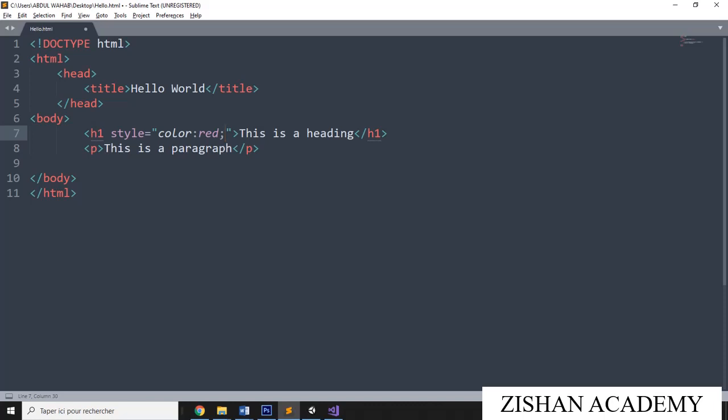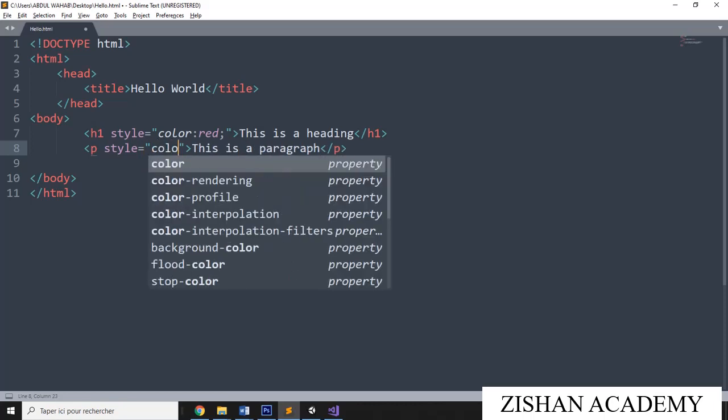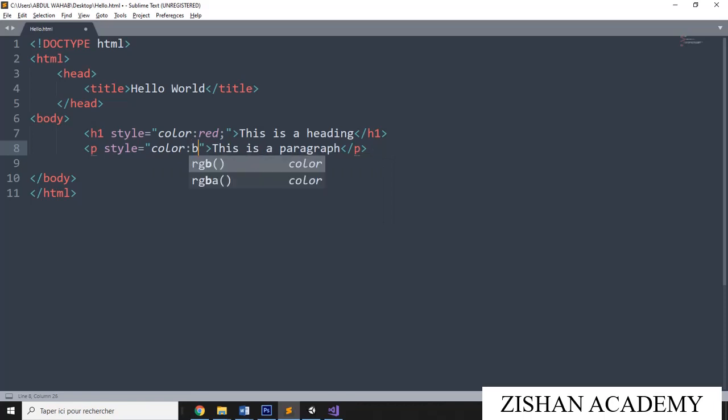This is called inline CSS. Inside this H1 tag, we have given some style. For paragraph also you can give inline CSS. Style, I am giving some color for this one. Colon, then I am giving blue color, semicolon.